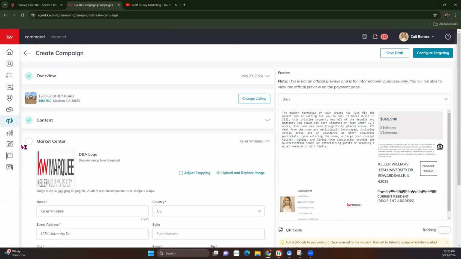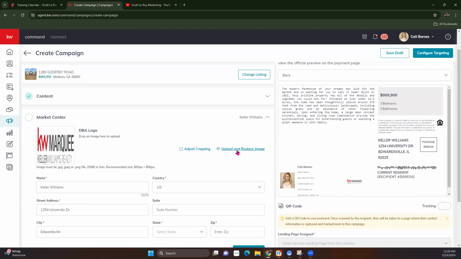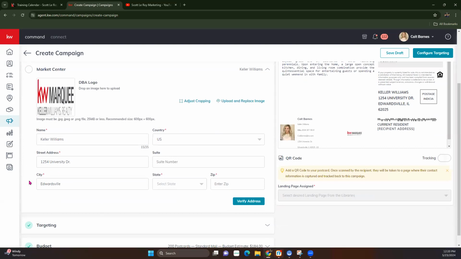Now next we have the Market Center information. Again, pulling that logo directly from the marketing profile. You could still add, edit, adjust, but it's going to pull all of that in there. The only thing you'll have to adjust with the address is that on the marketing profile, the city, state, and zip code is all within one field. So you do need to come in here and add the